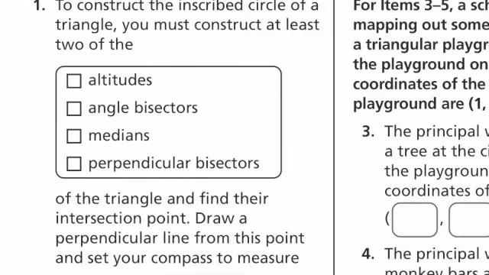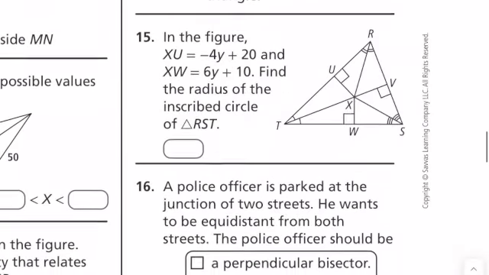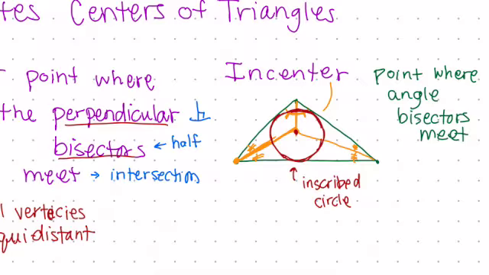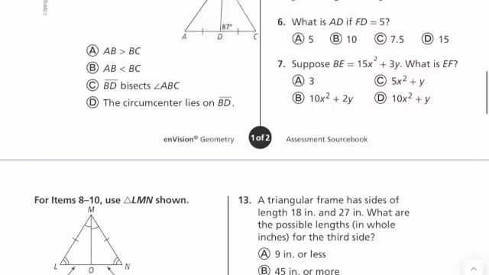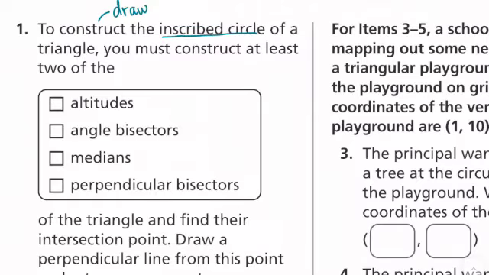The inscribed, you guys recognized inscribed circle. So let's go to inscribed circle in our picture. Hey, look at that, inscribed circle. So the inscribed circle had to do with the incenter, right? And that had to do with angle bisectors, right? We need to look at all those things. So we're going to come back up here. So it says, if we were to draw the inscribed circle, so maybe I'd put up here, incenter,